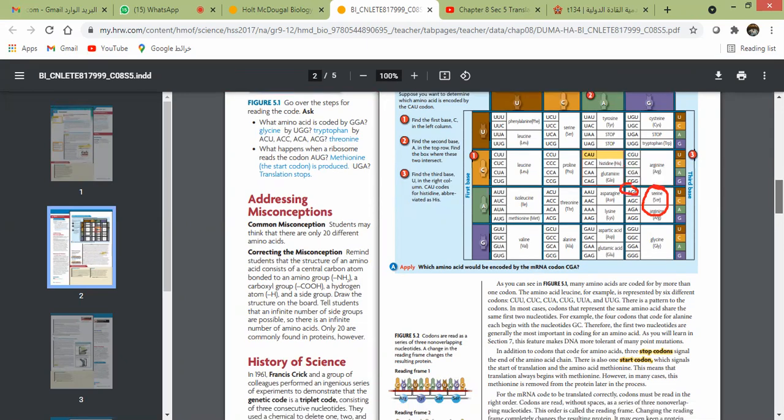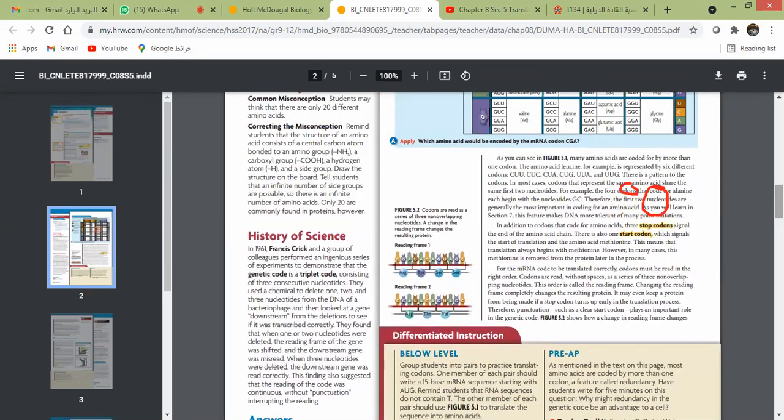Alright. Now, for the RNA code to be translated correctly, codons must be read in the right order. If I want the protein to be made of arginine, tyrosine, serine, then the nucleotides must be in the right order. The codons are read without spaces, they are connected together, so we read CGAU AC AGU AGC. There are no spaces like in words. They are all connected together without spaces.